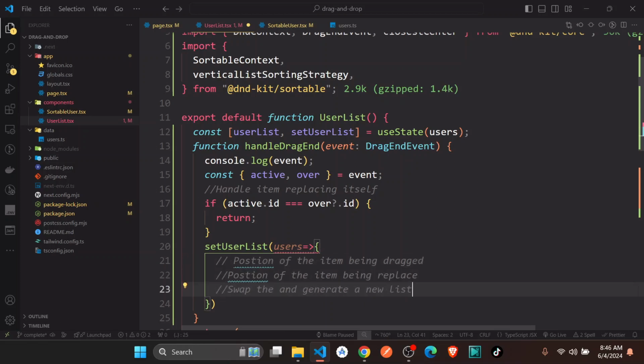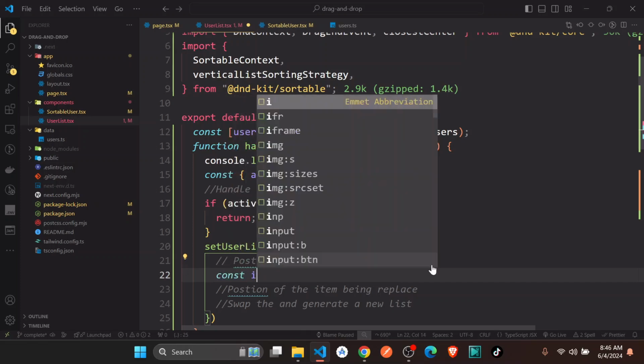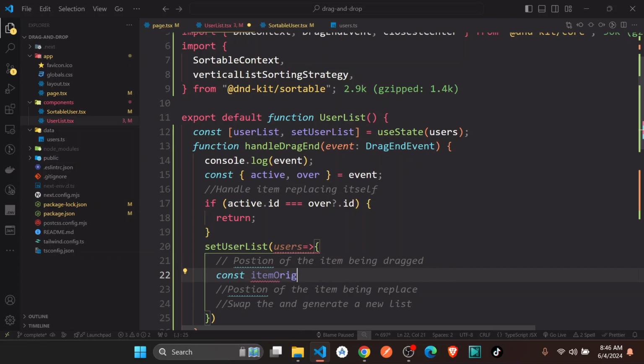Okay, we need to first get the position of the item that is being dragged. So you can just say maybe this is the item original position. So you can say const itemOriginalPos is equal to, so I'm just going to actually use this users, and